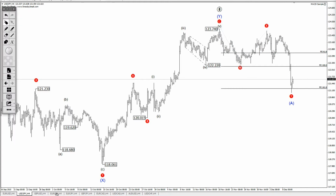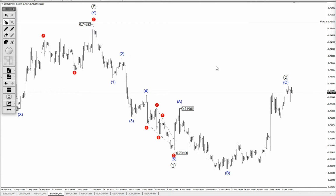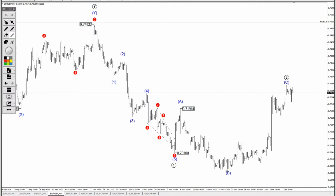All right, let's move on to euro pound. Let's see briefly what's the situation here. I have now labeled minor wave 2 as completed. We have ABC structure completed. We also have a five-wave structure for the C wave. I will draw it here. So from the low of the B wave near 0.699, we have first two waves, wave 3, wave 4, wave 5 now, all the way up to 0.729,